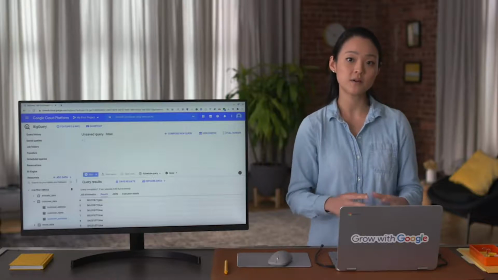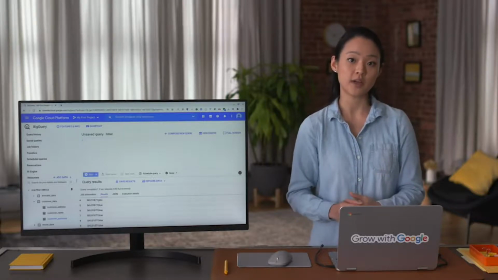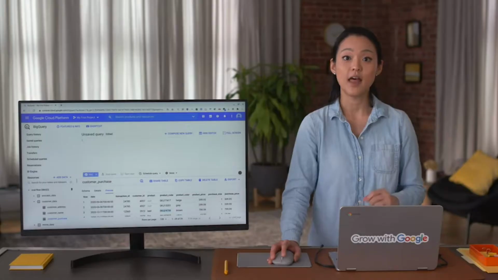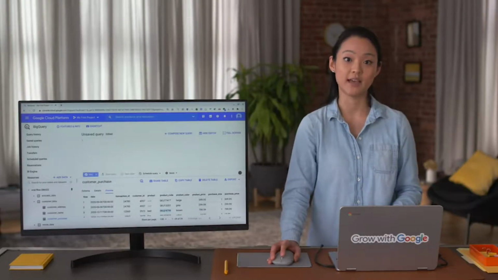Let's open the customer_purchase table so I can show you what I mean. In the customer_purchase table, we can see a couple rows where product information is missing. That is why we see nulls there. But for the rows where product name is null, we see that there is product_code data that we can use instead. We'd prefer SQL to show us the product name, like bed or couch, because it's easier for us to read. But if the product name doesn't exist, we can tell SQL to give us the product_code instead. That is where the coalesce function comes into play.